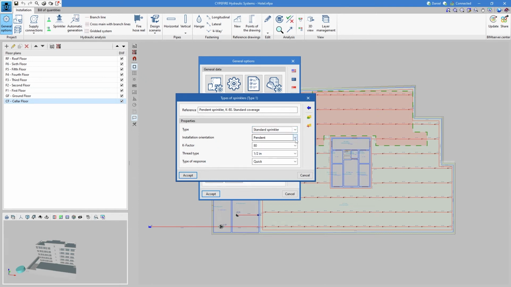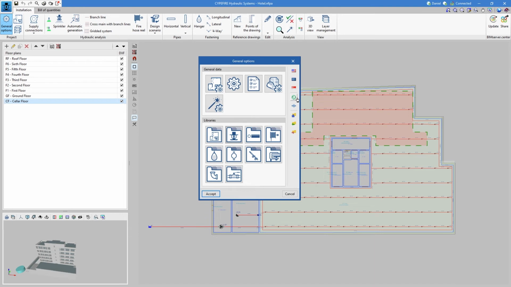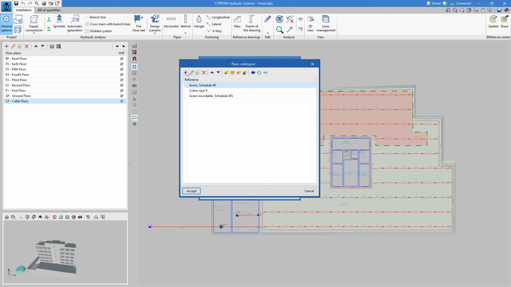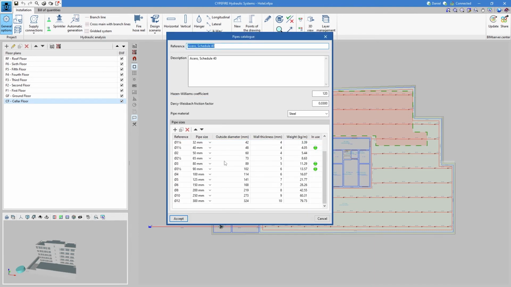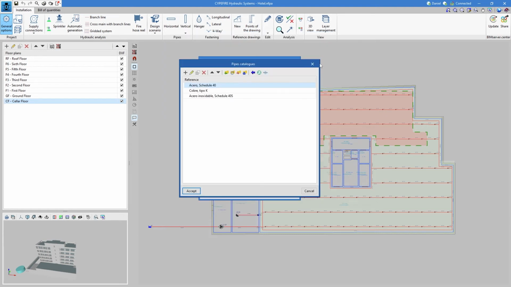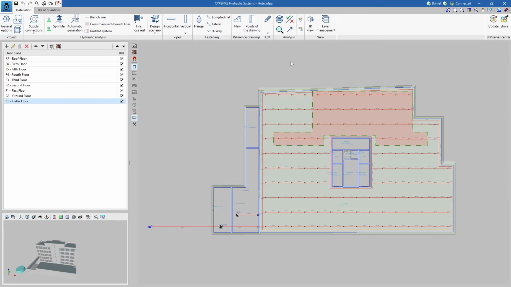What kind of sprinkler you are going to have, what kind of orientation it is going to have, the K factor, the response type, what kind of response it is going to have, and so on. The same goes for the pipes and the rest of the elements. We have to define what kind of pipes we are going to have, and later in the program, we will be able to introduce all these elements that we have defined here using